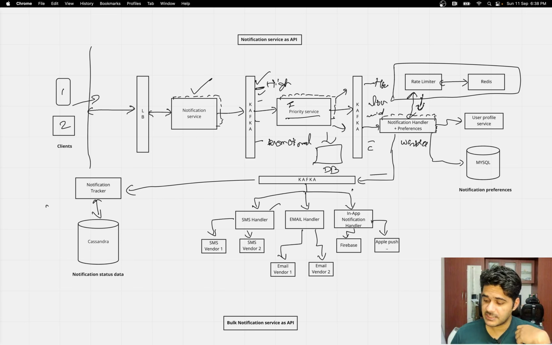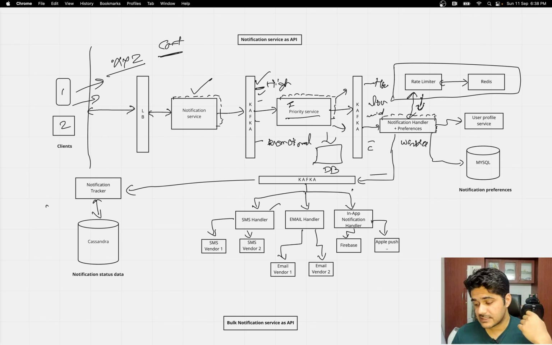Sometimes your services are simply saying that to user XYZ, where XYZ is the ID of the user, send this content, whatever my content is. This may not even tell you whether to send an SMS, email or WhatsApp. You already have the user's info via the user profile service, right? So you decide what the user is using to read notifications.